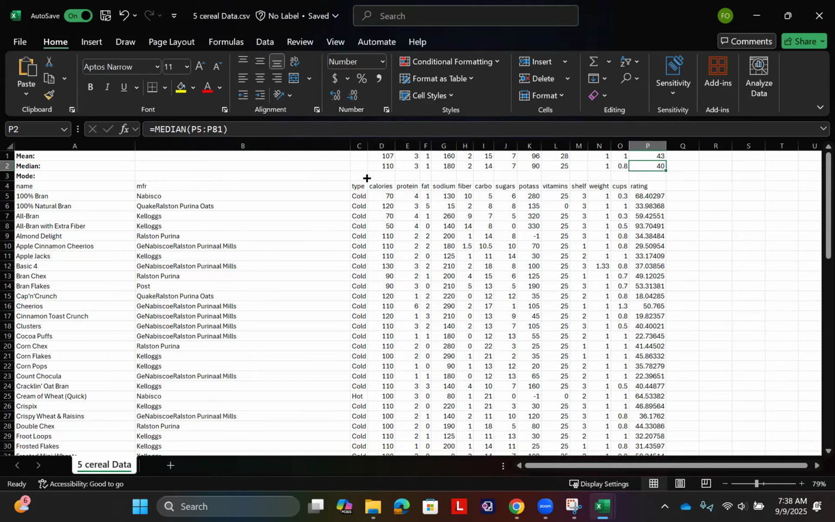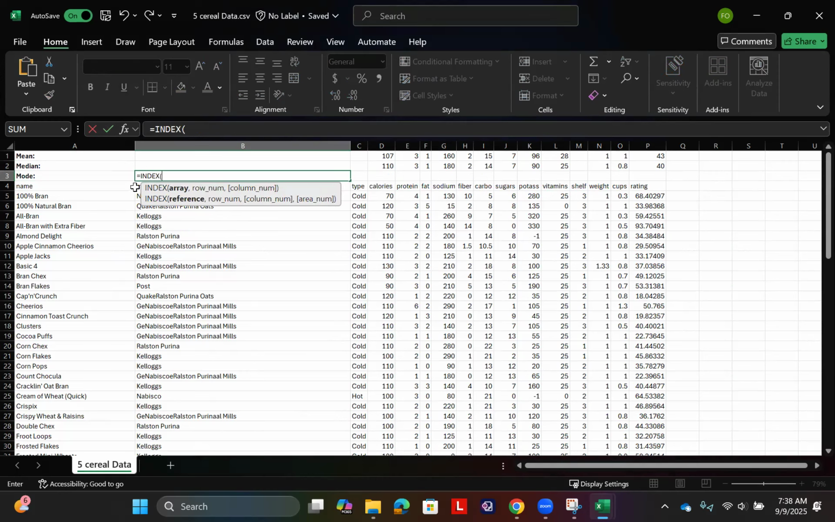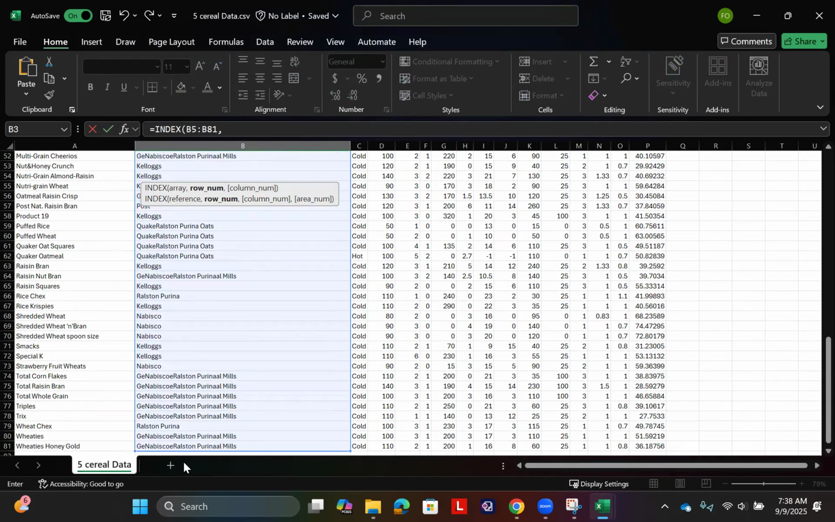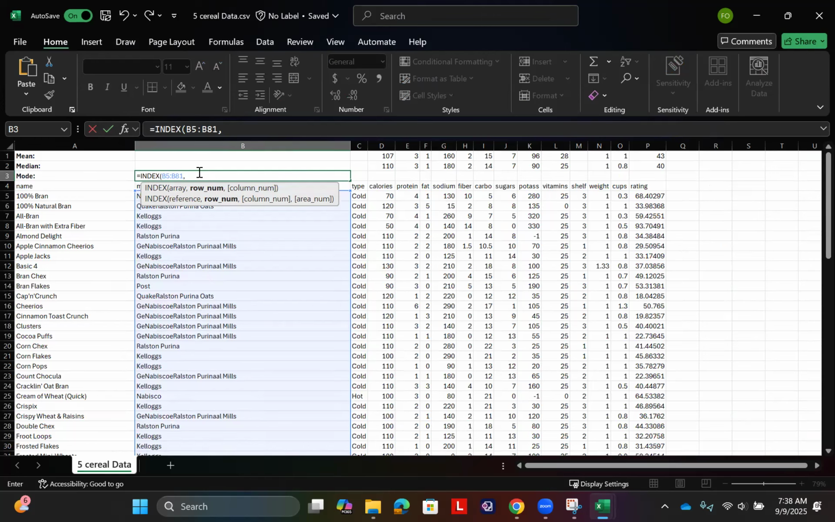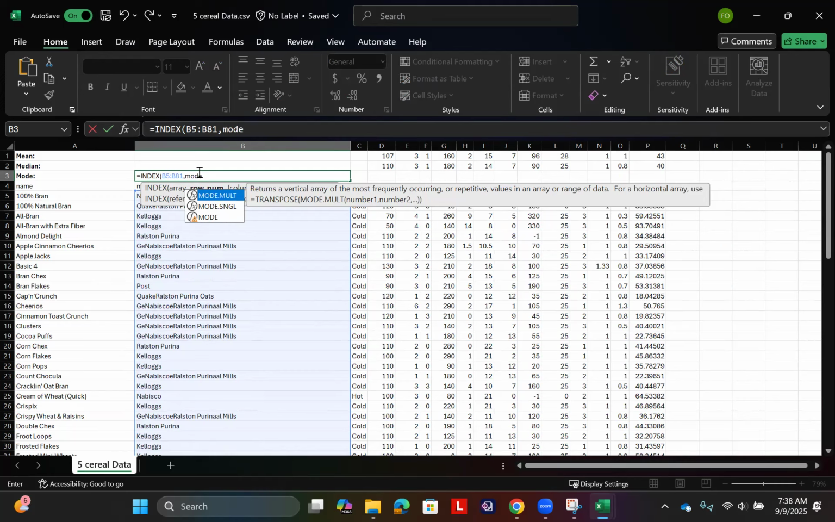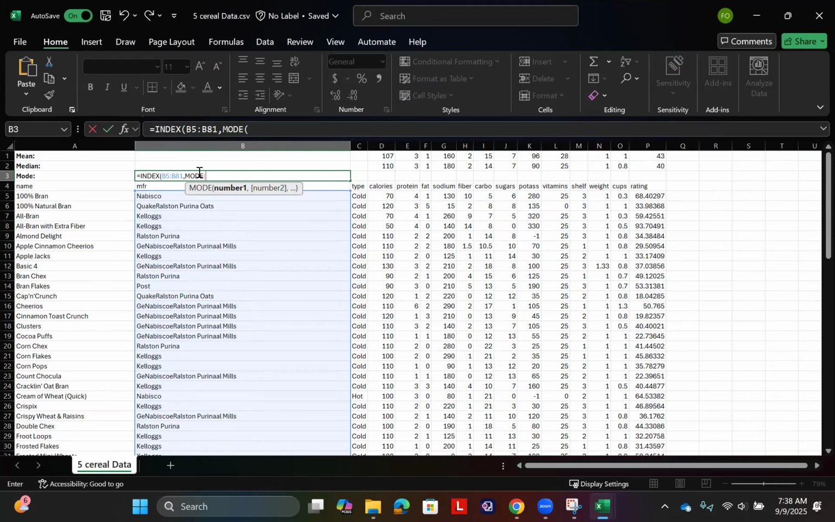So let's start with the index function. Index function. And then here it's asking me the array. The array is right underneath this manufacturing, all these companies. Control Shift down arrow, select the entire column, and then scroll up. So I would like to index that, and I would like to calculate the mode values for